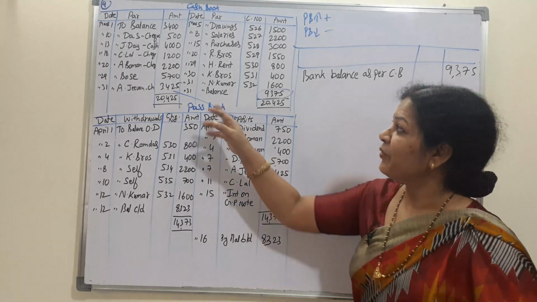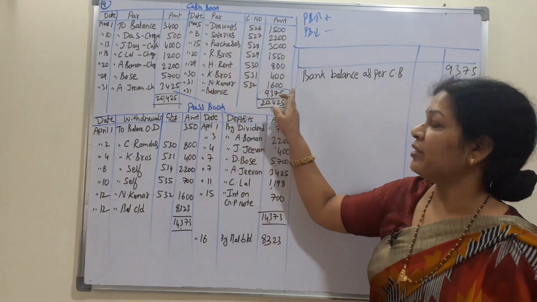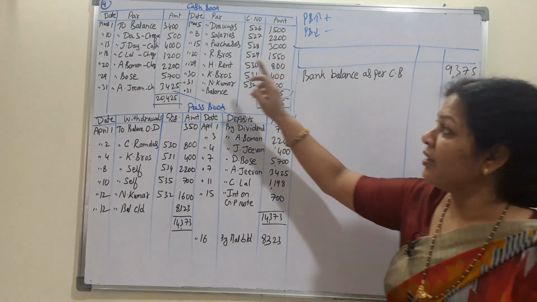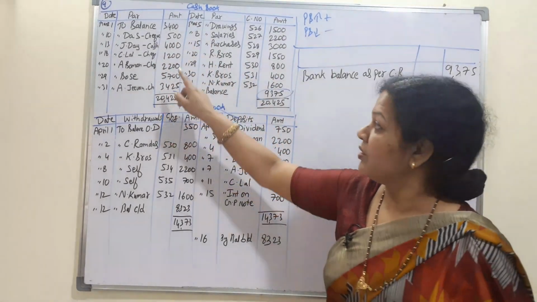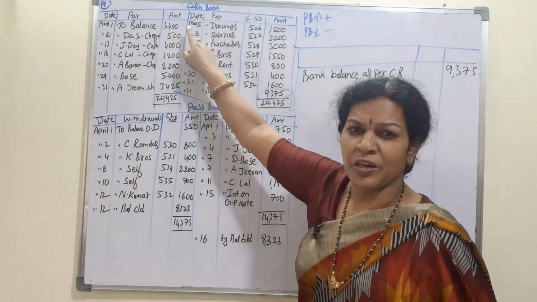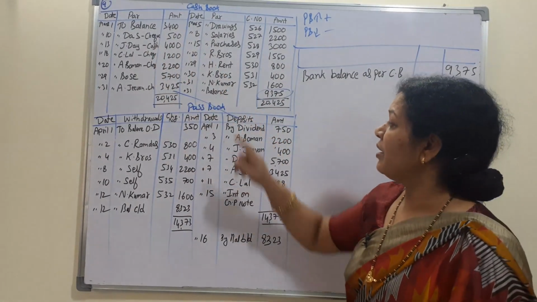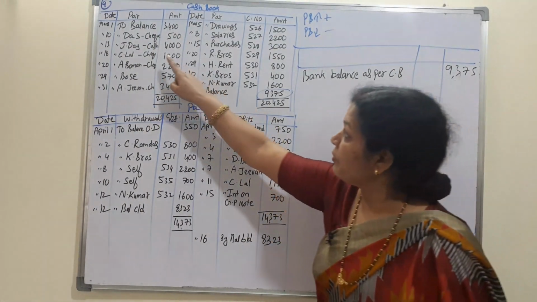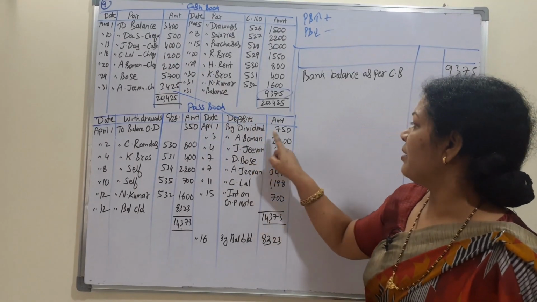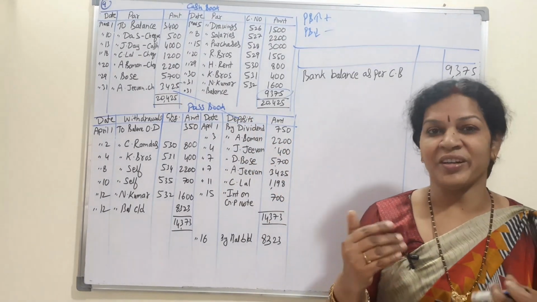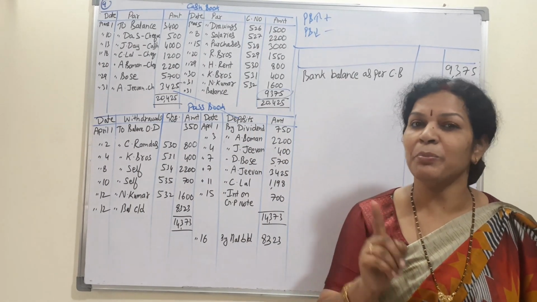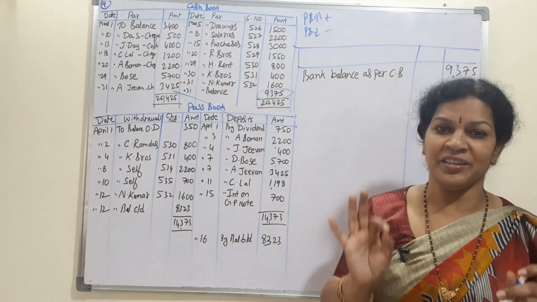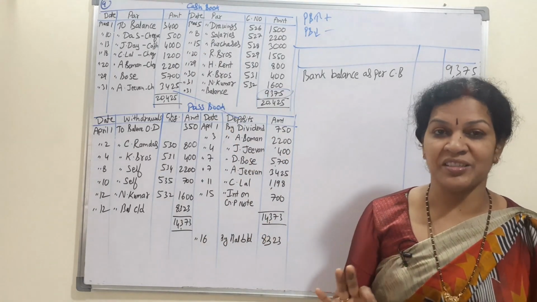You'll get the clarity. First is the balance. Anyway, we have started with 9,375, the bank balance as per the cash book, the favorable balance. Now on the debit side, what do we have? All the receipts. Opening balance need not be considered. Das check is here, 500. Are you finding Das check in the deposits? Not finding. It means it was already credited in the same month, March. So nothing to worry about. We don't consider this in the BRS.